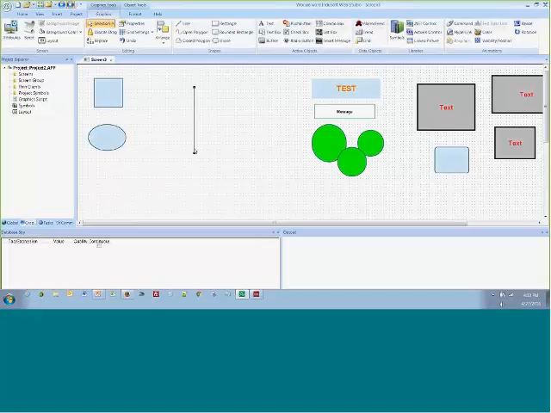And then what I'm going to do is hold down my control key and drag with my mouse. That's an easy way to make a copy of an object. Instead of hitting Control C and Control V, you can actually select an object, hold down the control key, and drag a copy of it, and it'll keep all of that formatting. So that's a real nice feature there as well. So now that I dragged a copy of that line,